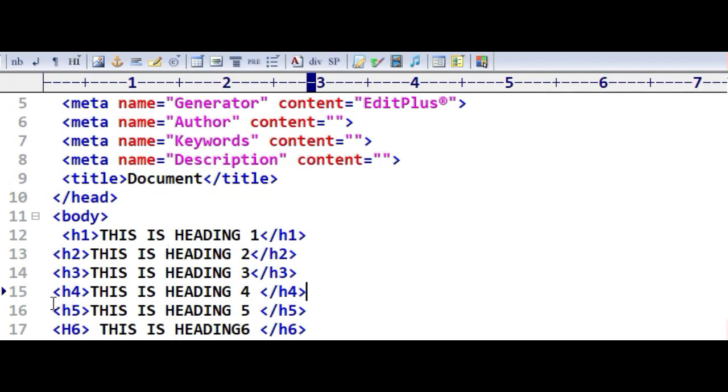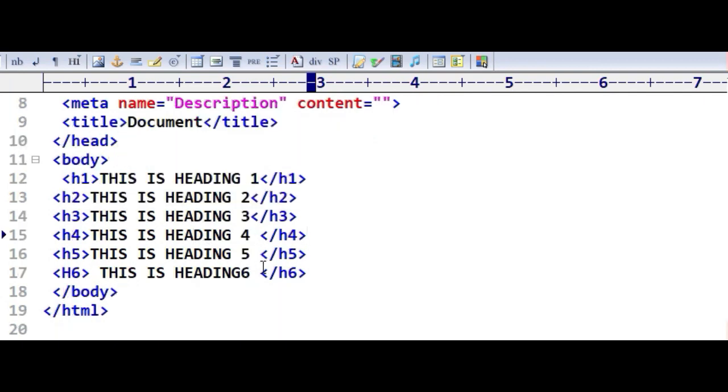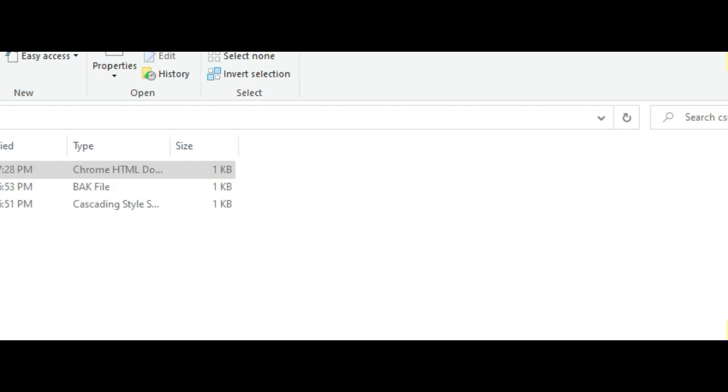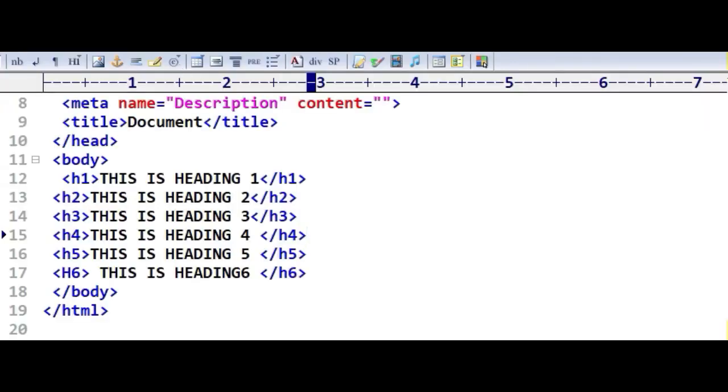For example, if we make one more file, of style, so we have to declare that. First we have to save this.